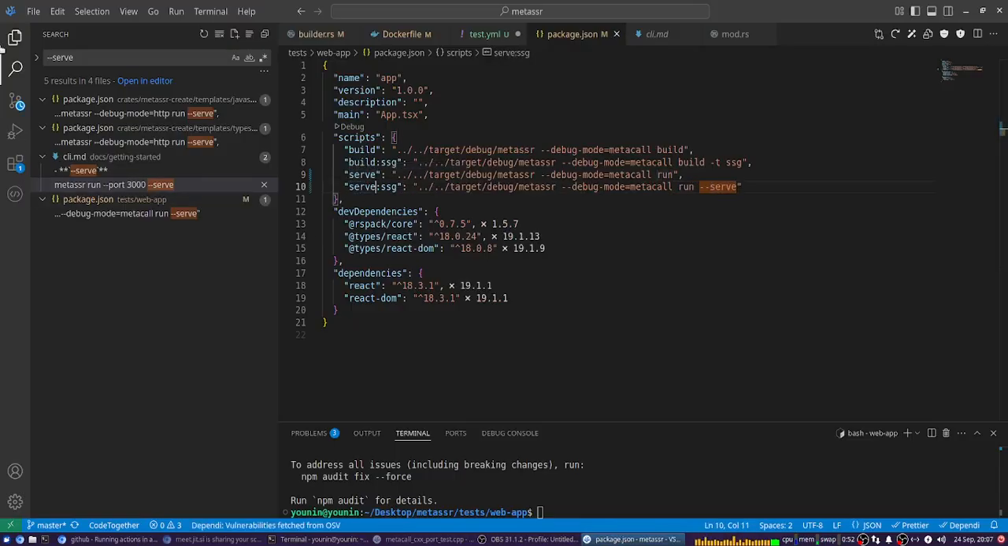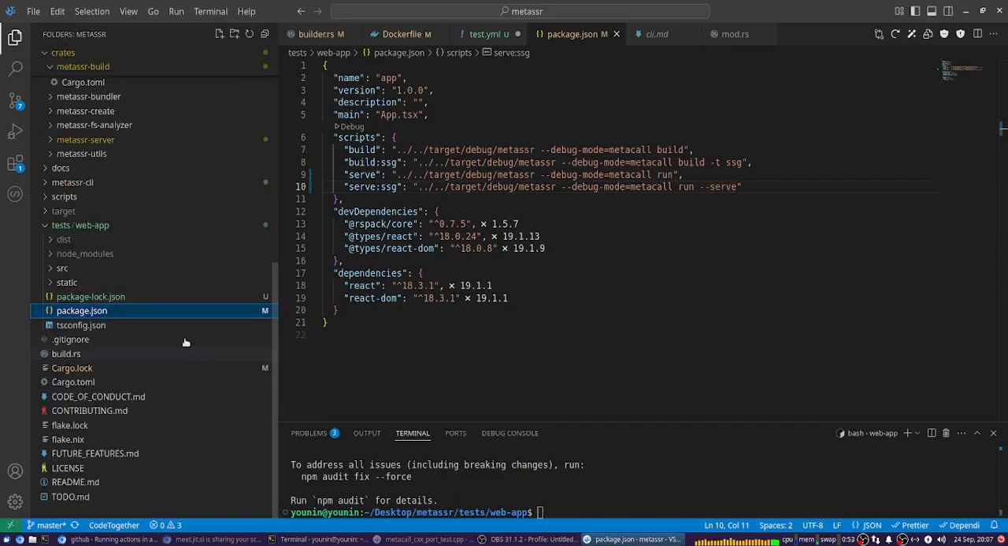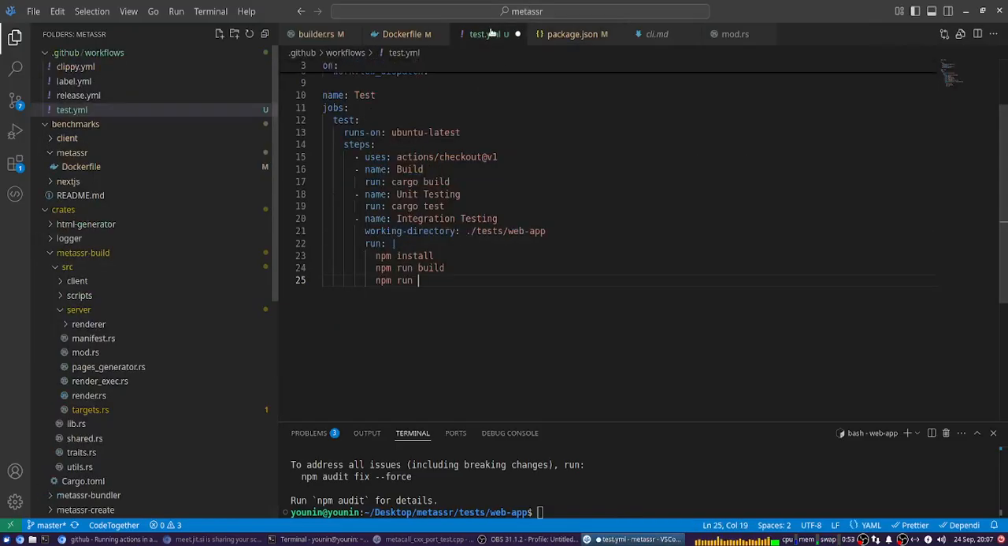Or start. Yeah, I guess start is better. Exactly, start is the typical thing used here. And here, npm start. I want to do this. Yeah, because npm start is npm run start. Okay. And now what I want to do is